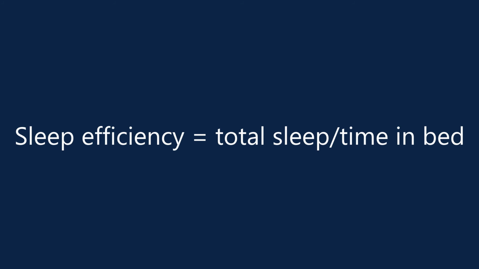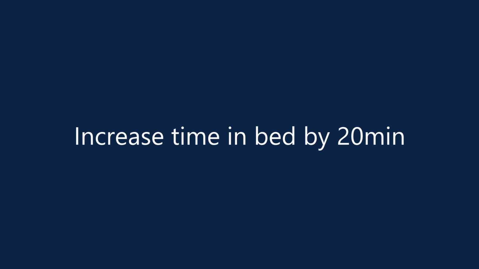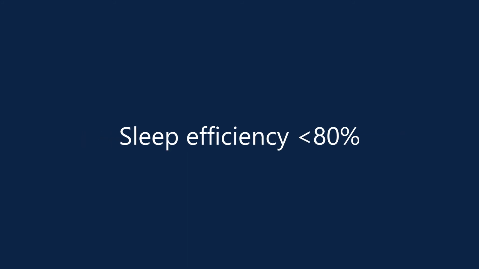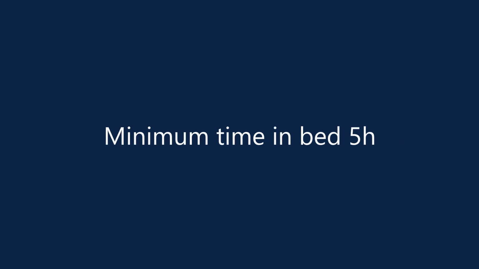The efficiency of sleep is calculated by total sleep over time spent in bed. When the sleep efficiency exceeds 90%, the patient can then increase the time spent in bed by 20 minutes each night. However, if the sleep efficiency falls below 80%, the patient should then reduce the time spent in bed by 20 minutes each night. It is important to note that the time spent in bed should not be reduced below